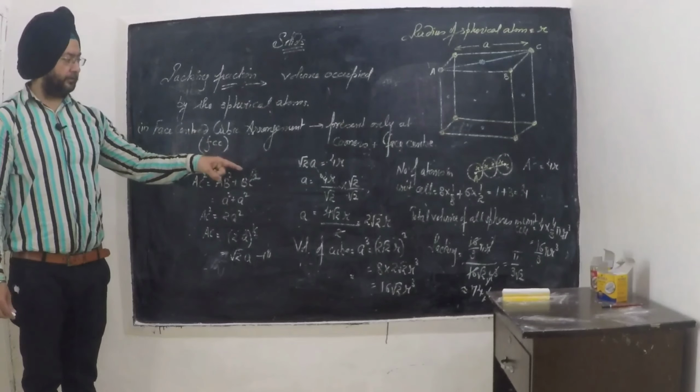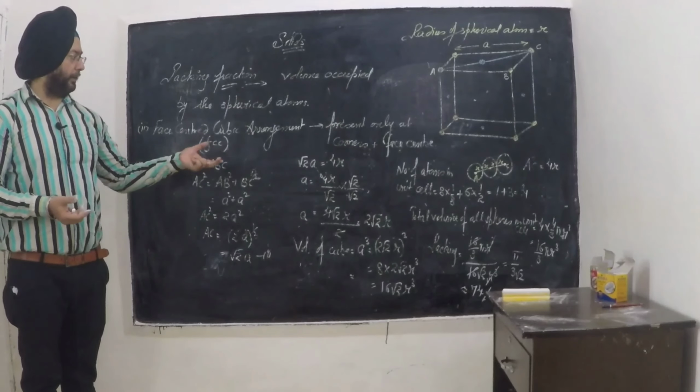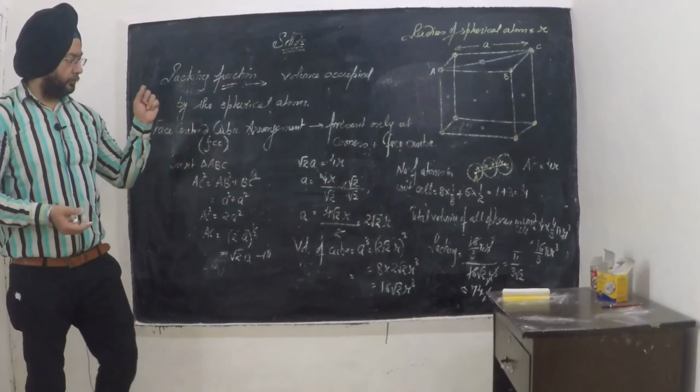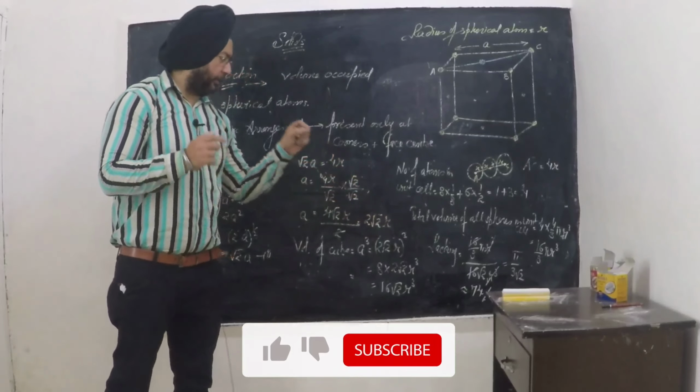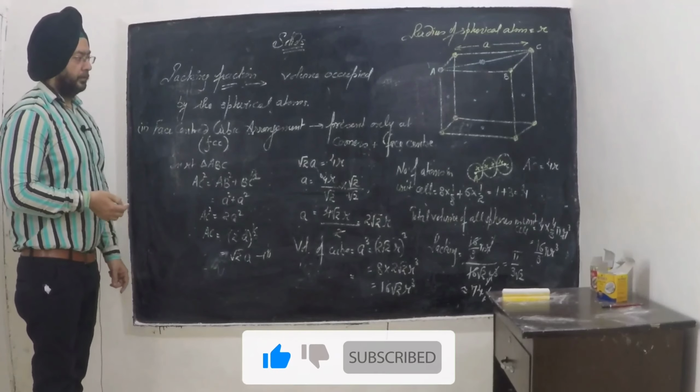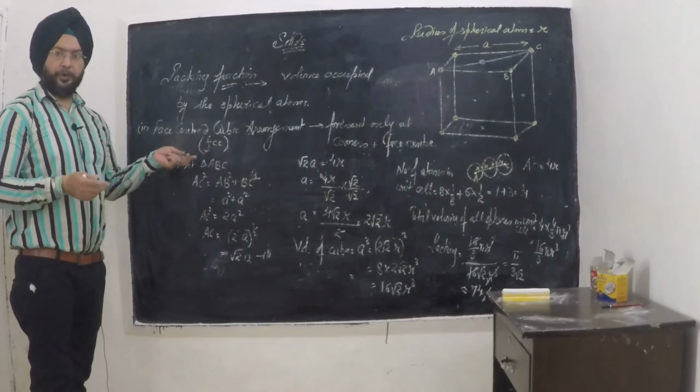Okay, so it is the most efficient packing. So 74% is here, and obviously it is better than the simple cubic arrangement. Okay, so 74% is the highest efficiency of your arrangements. So I hope these two topics will be very clear to you.